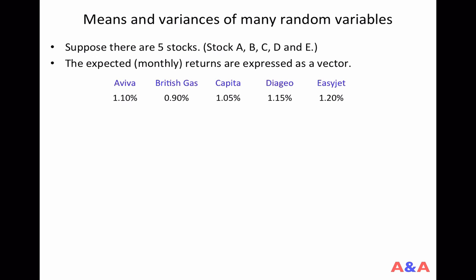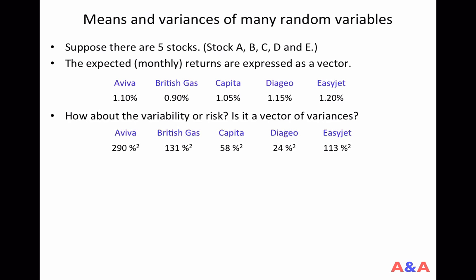What's the next thing you want to know as an investor? Probably you want risk information. But in what form? Well, you think there are 5 stocks, 5 stock returns, so I want to know 5 variances or 5 standard deviations. Something like this. Okay, Aviva's variance, the variance of British Gas's return, the variance of Capita's return, and so on. Actually, that is not good enough information for risk. You also need covariances. You see, if there are 5 companies,